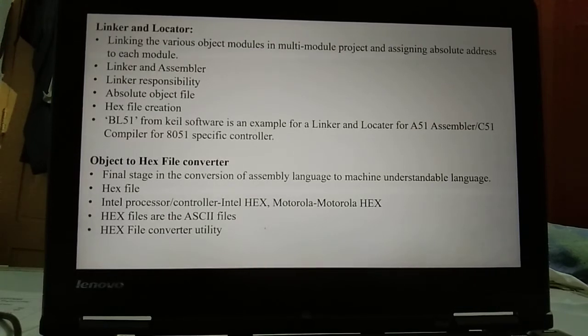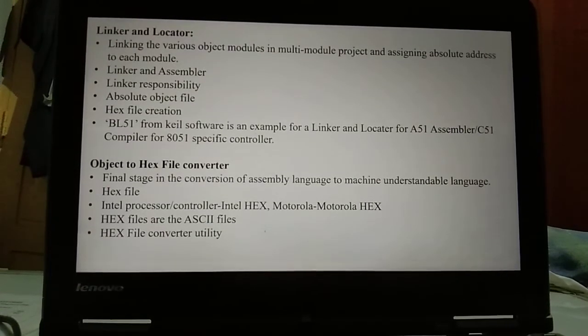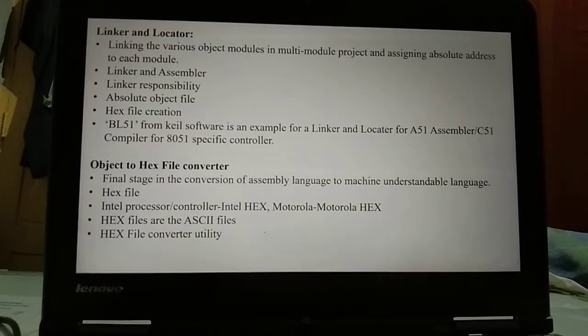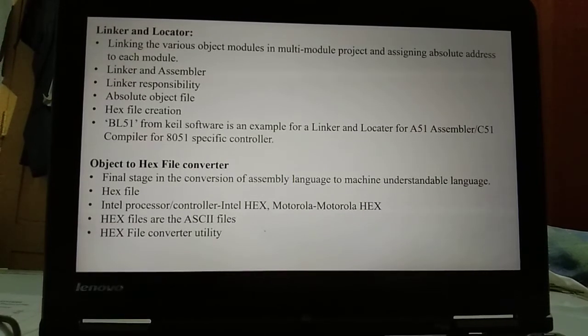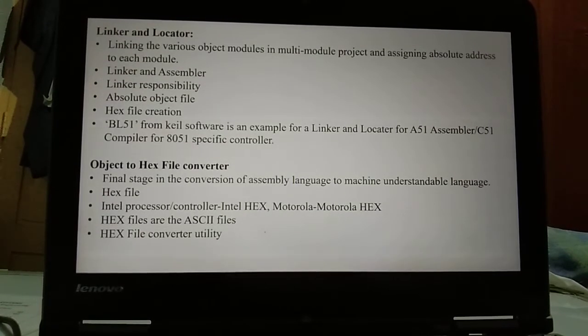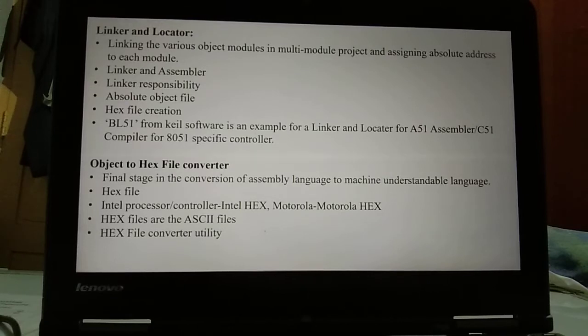This X file representation of the machine code is dumped into the processor. BL51 from Keil Software is an example of a linker and locator for the A51 assembler or C51 compiler for the 8051 specific controller.